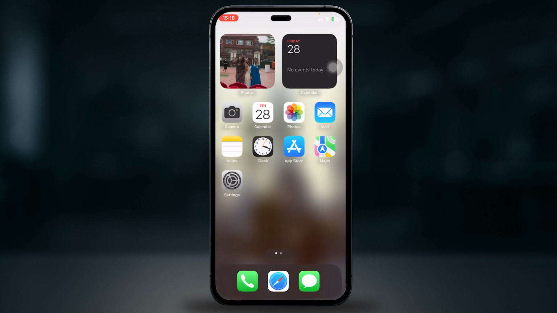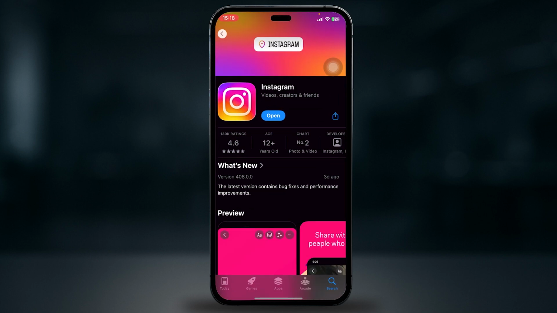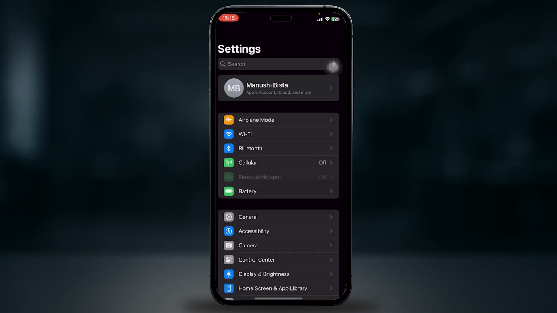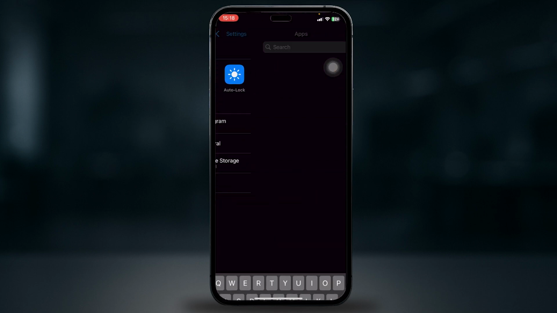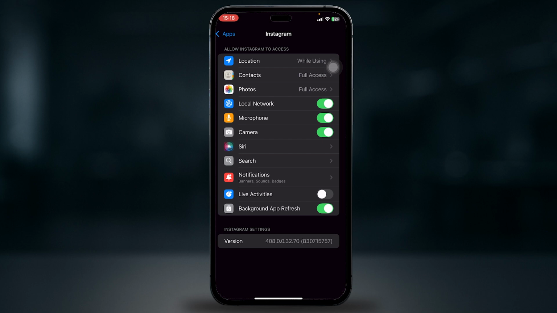First of all, go ahead to your App Store and search Instagram and update it to the latest version if available. Next, just restart your iPhone. Then if that does not work, go to your settings, search for Instagram, and then make sure to toggle the